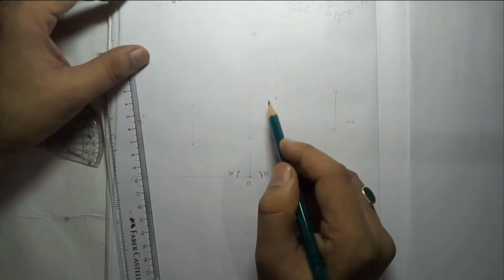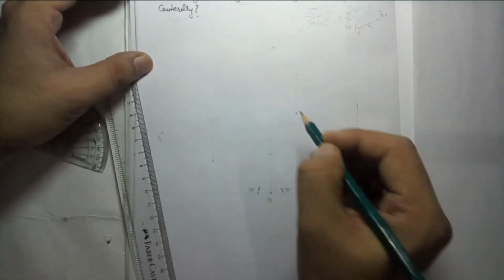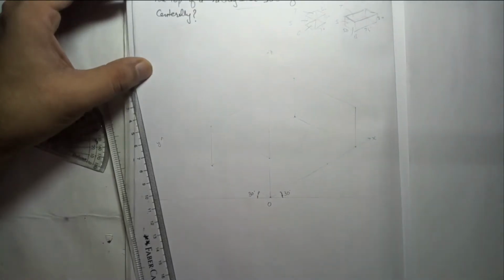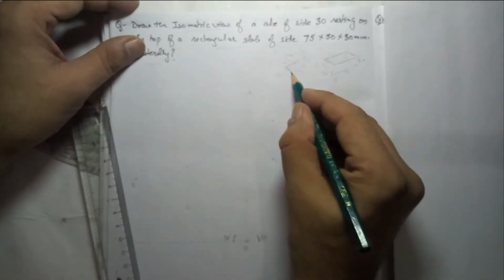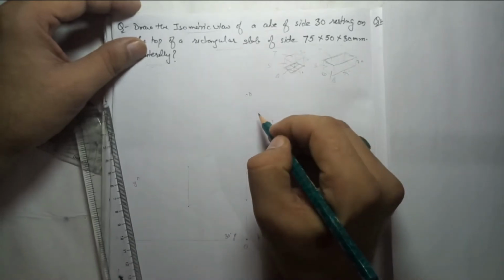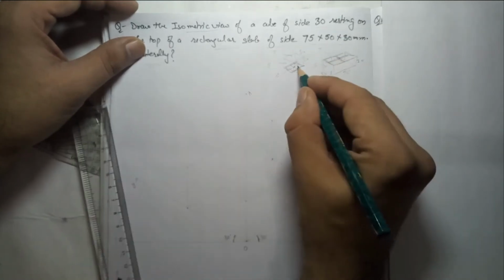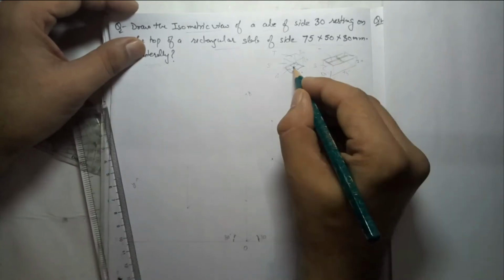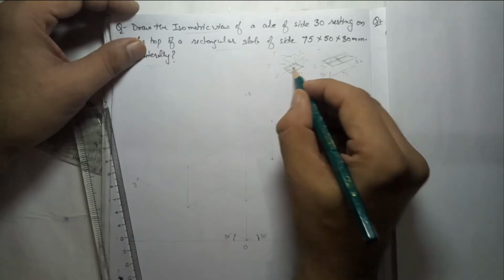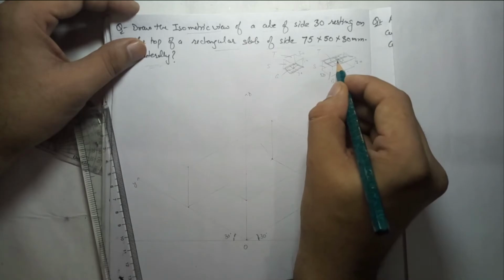Now at the top of this rectangular slab we have to place the cube, but centrally. So what is the meaning of that? This is the top of the rectangle and this is the base of the cube. Now they should come such that this is the center of the cube and this is the center of the rectangular slab. They should join. Okay, so how to make it join? First I will make the center point of this, then I will make this square about that center, equal side from the mid of the rectangle.